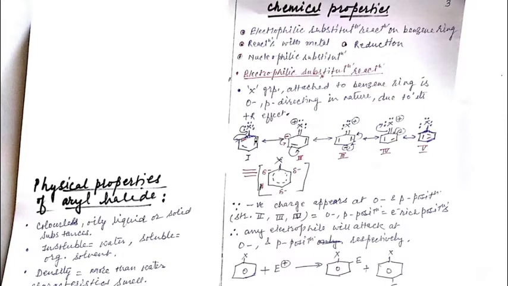As we know, the benzene ring is an electron rich center as it contains 3 pi bonds, meaning 6 pi electrons. So it always shows electrophilic substitution reactions, meaning an electrophile will approach the benzene ring and get substituted here. It will substitute a hydrogen atom of the benzene ring, any of the hydrogen atoms. But when a halogen is attached to the benzene ring, then this halogen will decide the position of attachment of an electrophile.